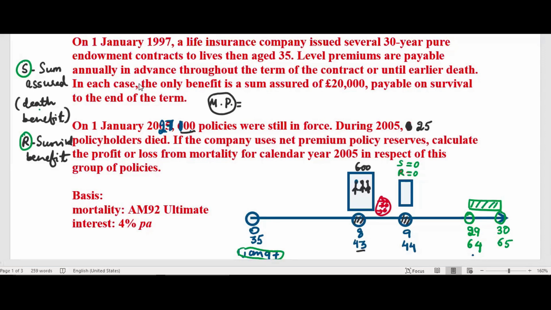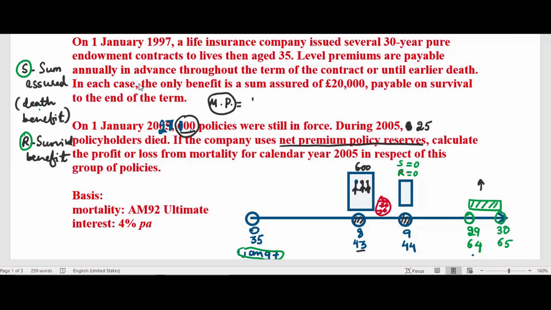The company uses net premium. Again, we are doing net premium because expense is still not there. We'll come across those things from next time. Company uses net premium policy reserves. Calculate the profit or loss from the mortality for the calendar year 2005 in respect of this group of policies. So when you find mortality profit here,